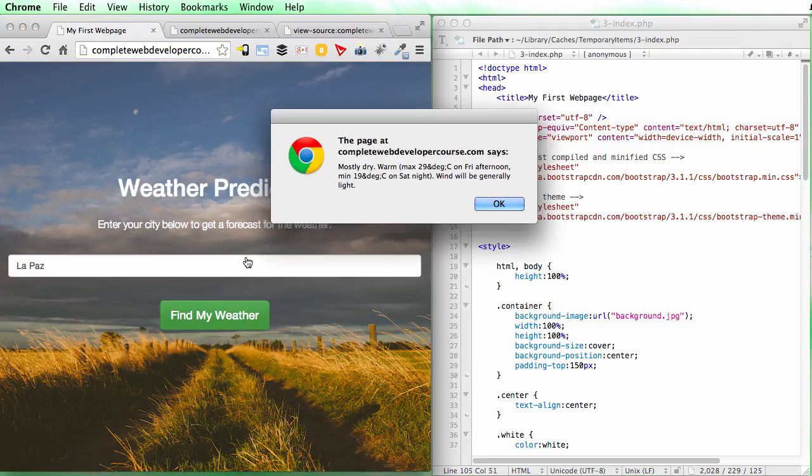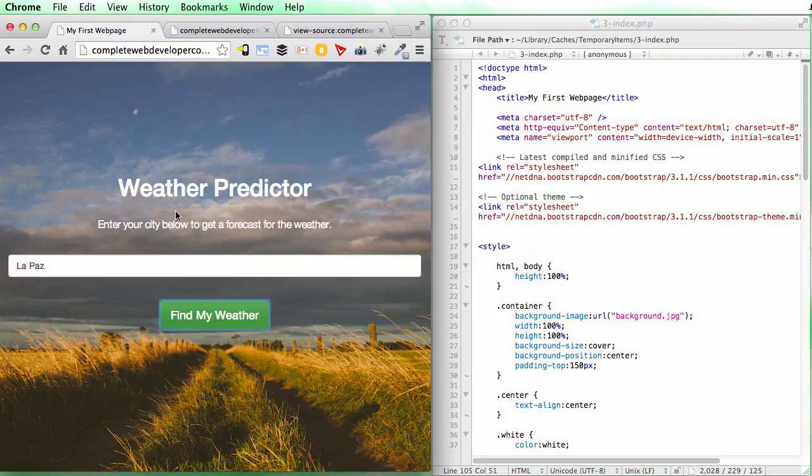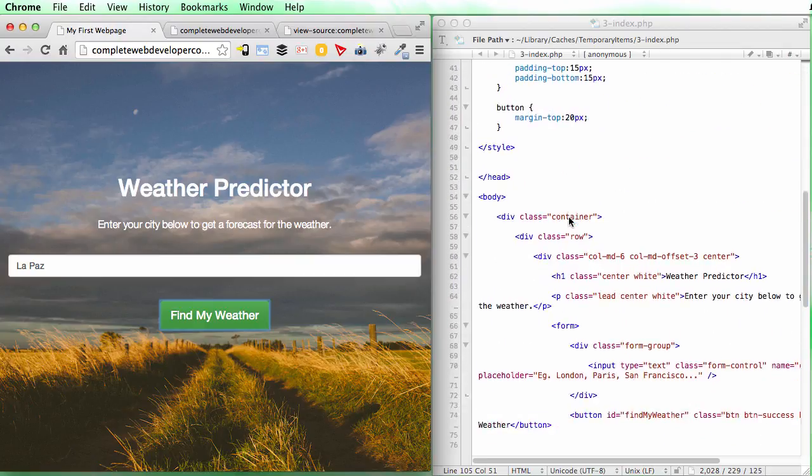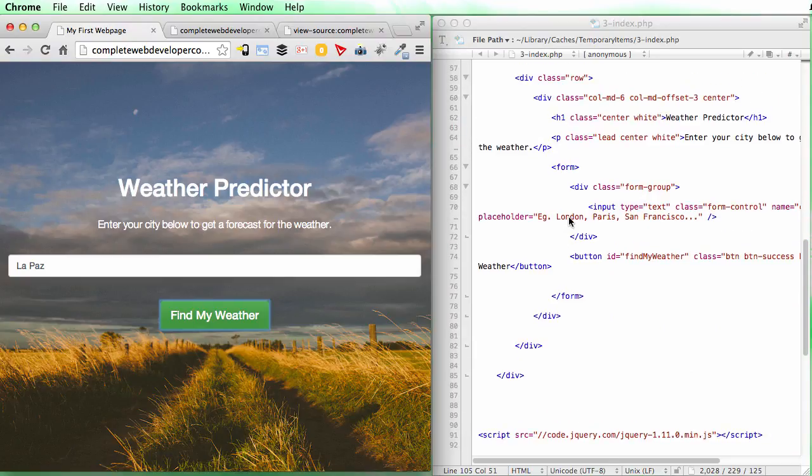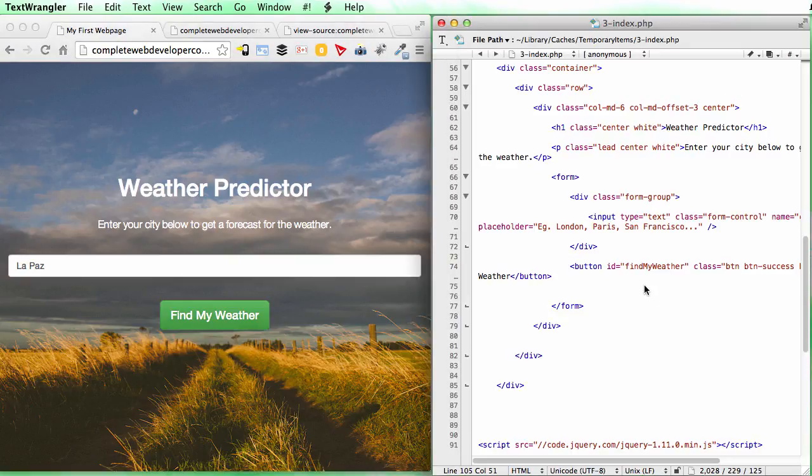Alright, so the only last thing I want to change about this site is I don't really like the fact that it pops up there. I want to get it to appear somewhere a bit nicer. In fact, we could use an alert to do that. So let's put it underneath the Find My Weather button. So down here,